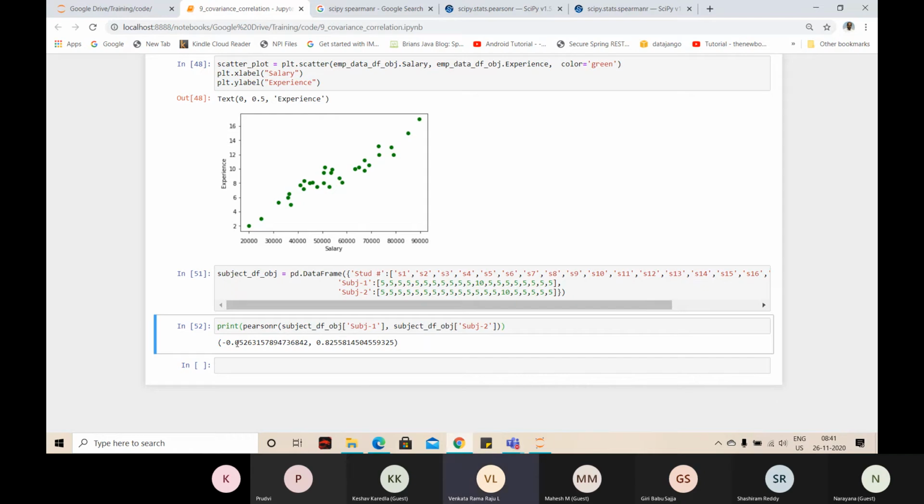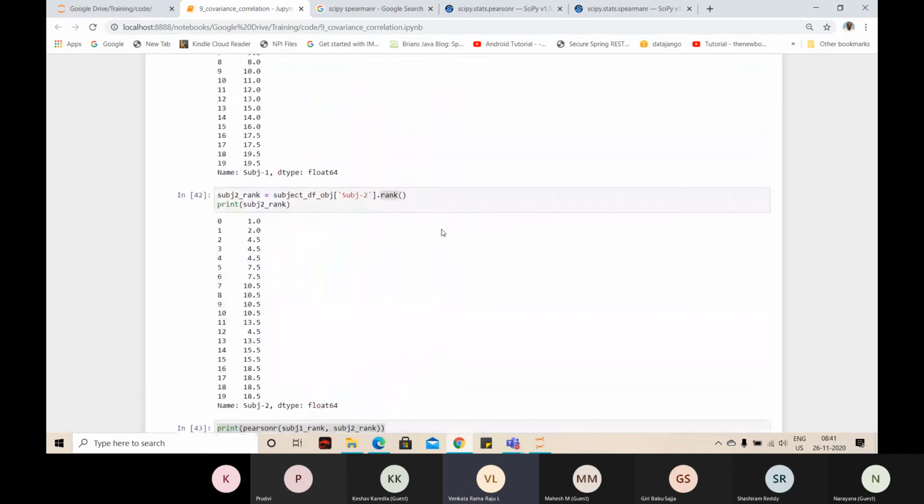The correlation it gave is negative, and the p-value, see this? 0.82. Why it gave this is, when you calculate correlation between these two columns, it would have got something, but it is by chance. There is no need to do the correlation coefficient test here, because when you look at the data, the variance is not too high. Even when there is a relationship, this is not useful. There is no meaning in calculating a relationship here. Let me go back and explain this.